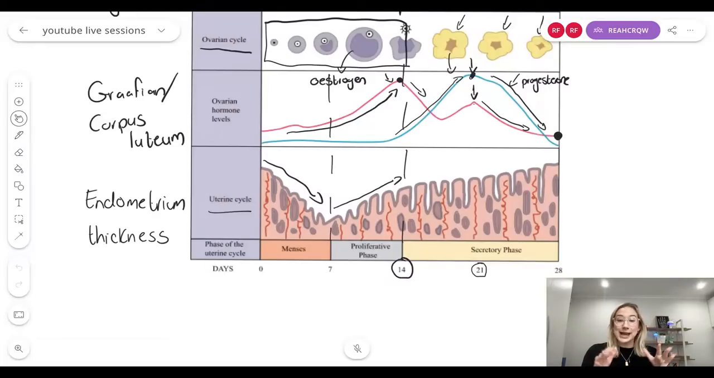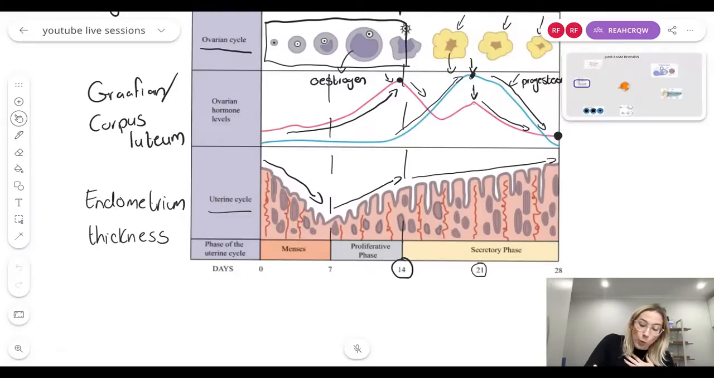And ovulation must happen for 2 reasons. 1, to release the egg. And 2, to allow the corpus luteum to form so we can make progesterone. Because progesterone, look how thick and also well-maintained it is. In other words, consistent it is. Progesterone does that. It makes it glandular. It makes it vascular. And when we get to day 21,